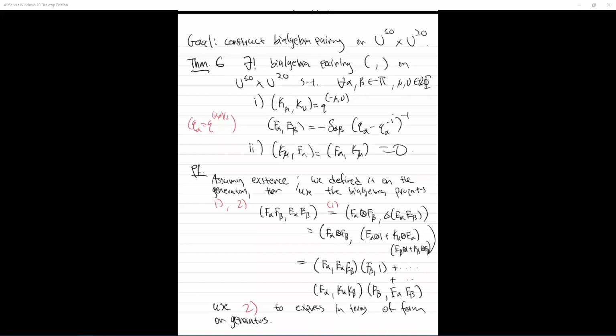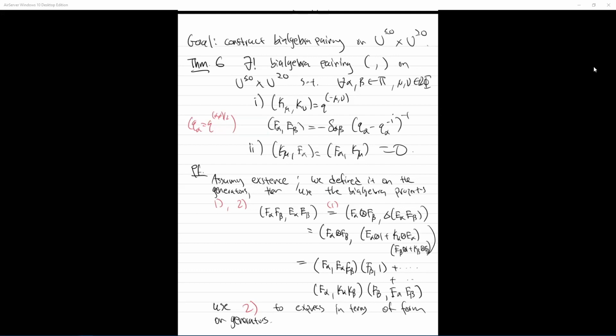If I may add to what you're saying, Ivan, for Tony: one way to see the difficulty in specializing to Q goes to 1 is to pair U greater than or equal to 0 with itself. Then you really see you're pairing an E alpha and E beta. I mean, you can see that you will have difficulties. This will degenerate when you try to specialize Q goes to 1. There is no interesting pairing on the positive part of the enveloping algebra.